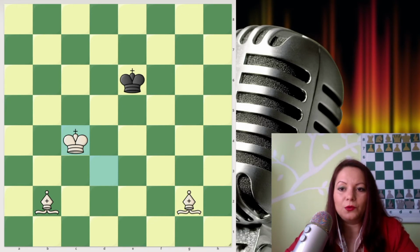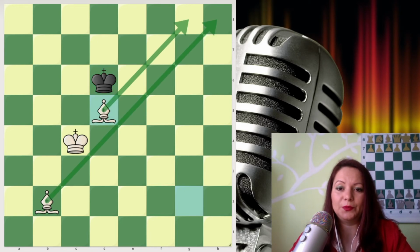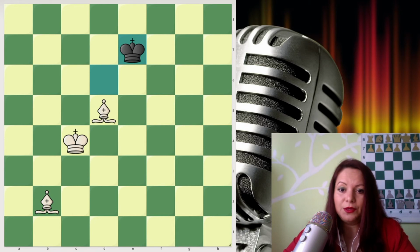And when the king will move away, now the direction of the bishops should be again one next to the other in order to control all the squares of two diagonals, a white diagonal and a black diagonal, and so the king cannot escape. Okay, he cannot pass through these squares that are controlled by the bishops. Okay, so the king moves to e7, let's say. So we will follow the king with our king,